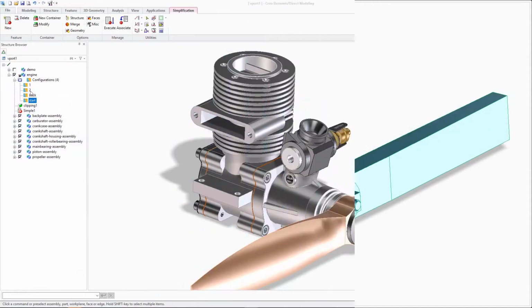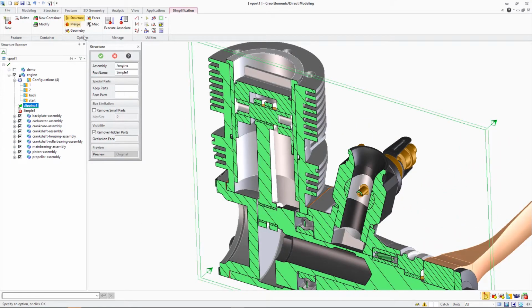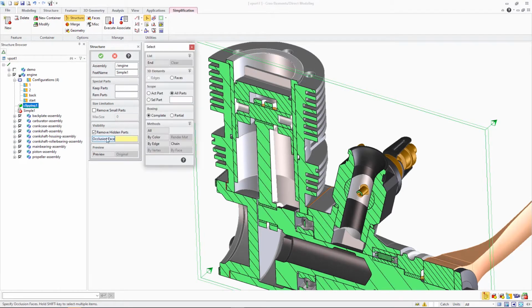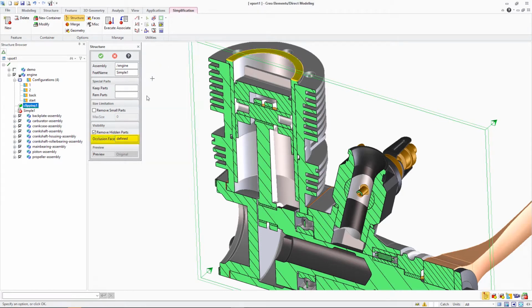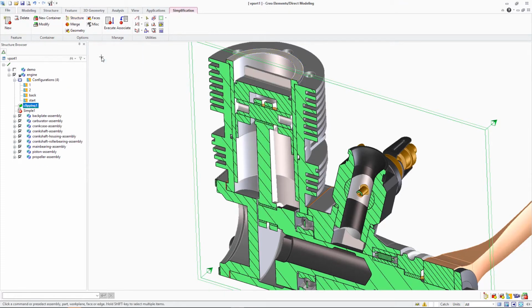Number 2. Modeling 20.5 introduces a new occlusion phases concept to improve and guide removal of hidden parts during the simplification process. The new occlusion phases can be selected under the Structure simplification options. Selected phases will be closed by removing inner loops and are then considered as occluding phases for the hidden part